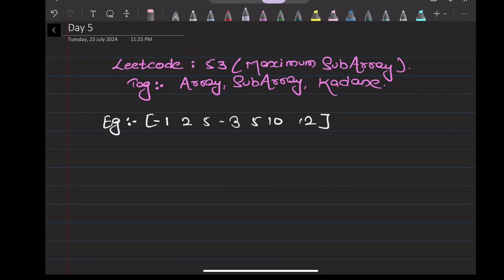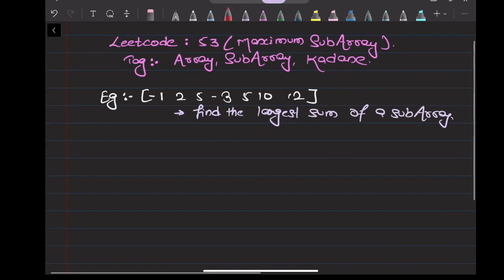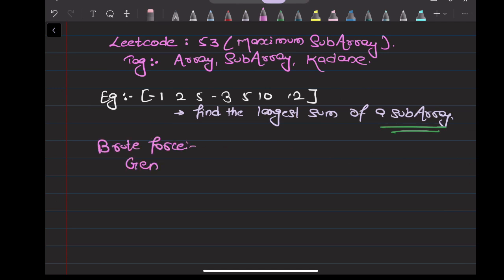The question is saying that we have to find the largest sum of a subarray. So if we have to find the largest sum of a subarray, the brute force approach will be as we are seeing here. We are given an array, so can I say that I will generate each and every subarray? So our brute force will be to generate all the subarrays,